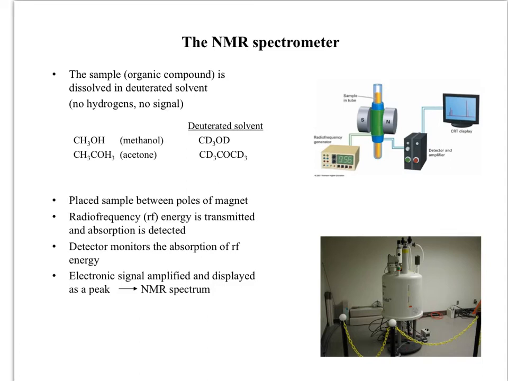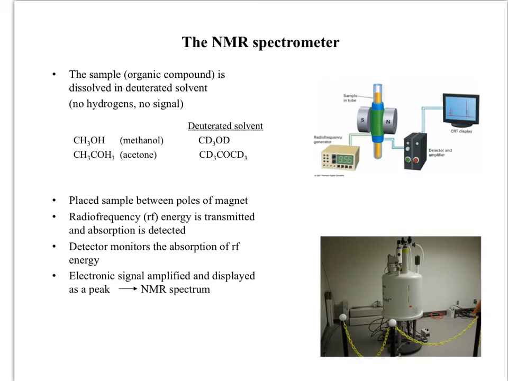Before you can run an NMR spectrum, you have to dissolve the organic compound into a deuterated solvent. So what is a deuterated solvent? For example, if you have methanol, you replace the hydrogens in methanol with deuterium, because deuterium has a different frequency as compared to the proton. So in other words, you will not be able to see these protons, which may interfere with your proton NMR